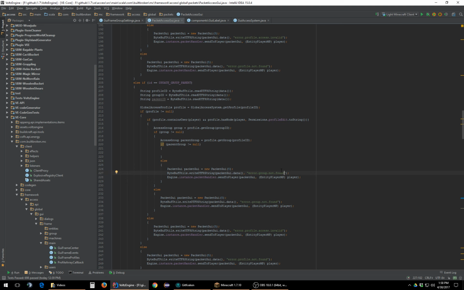Although I might add handling for it later that'll just delete all the group hierarchies if it happens. Or it'll delete the lowest version it finds or something. It'll work. That's all I know. So I'm going to go error group not found. So that'll work. Actually, we'll change it so it's a little bit more detailed. And this needs to be parent ID, not profile ID. And then we need to go